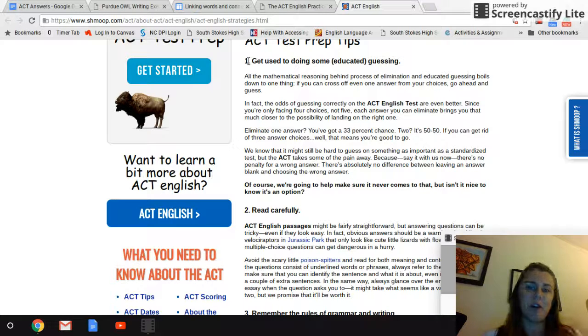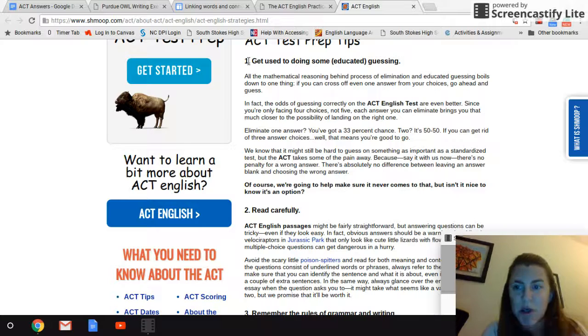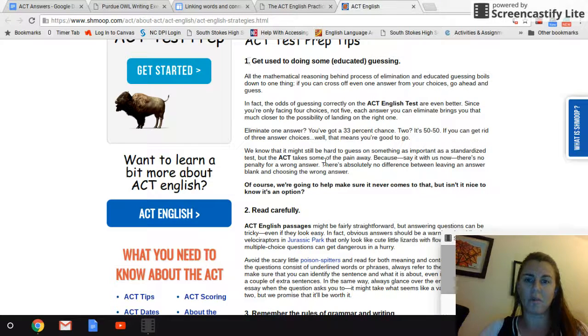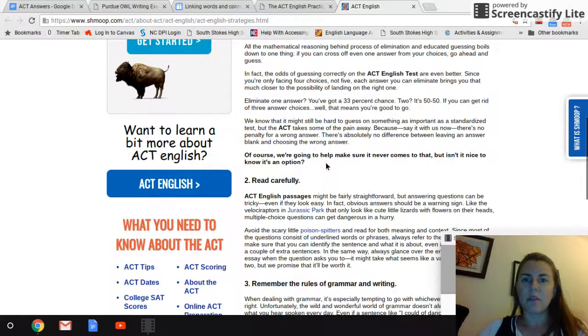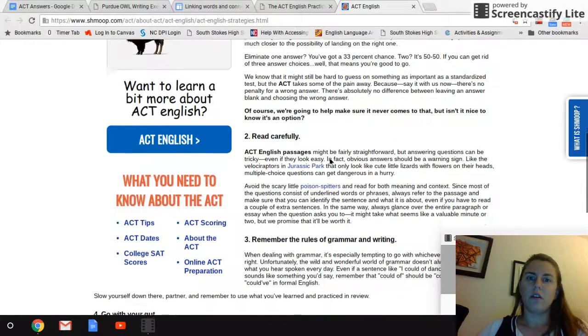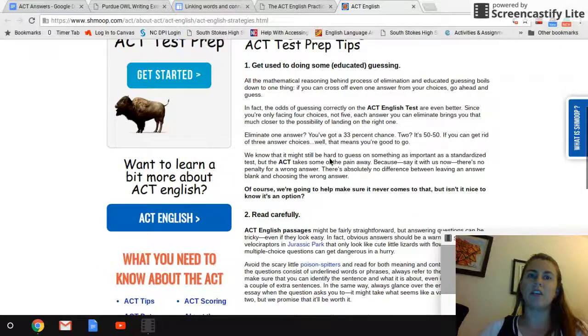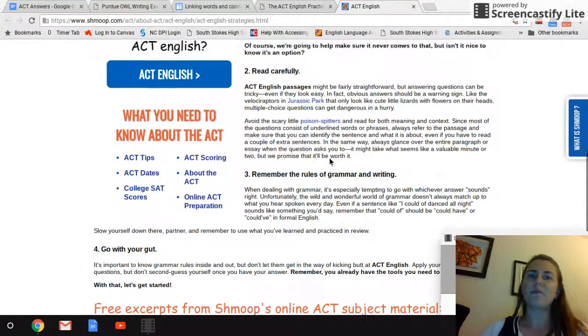But when that 5-minute mark is called, you need to furiously fill in those bubbles to make sure you've answered every single question on the test. Because even just by guessing, you can get a few of those right and add to your score. Okay? There's no penalty for a wrong answer. You can review this at your leisure later.